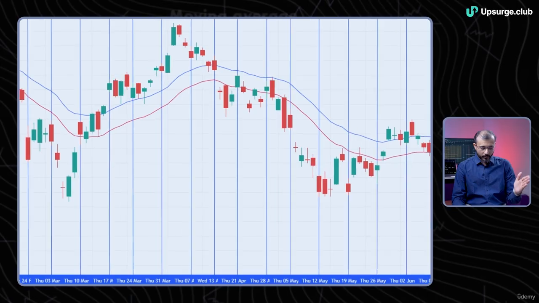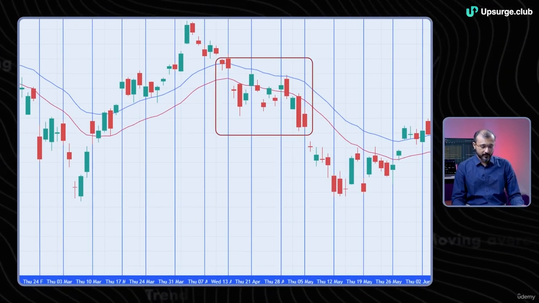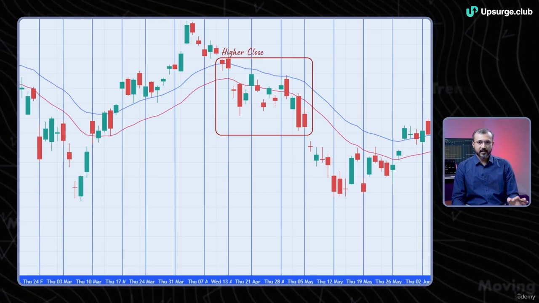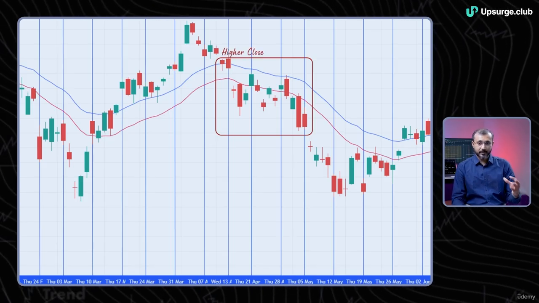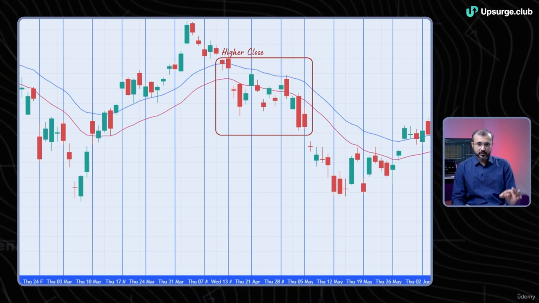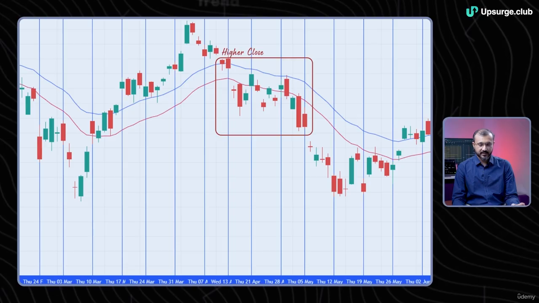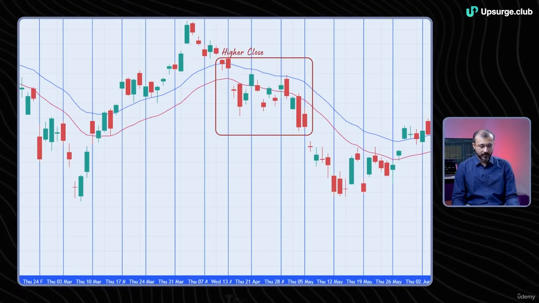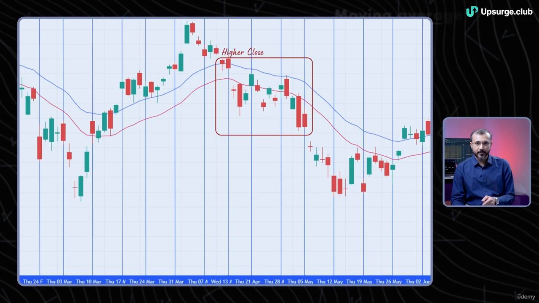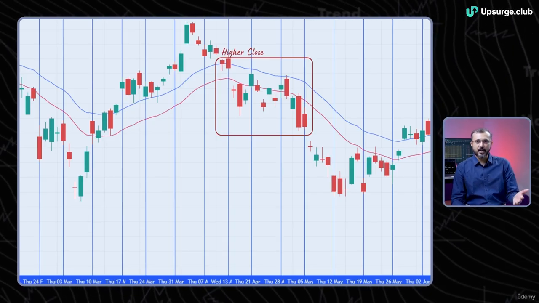Now if we come to 28th of March, now if we come to 27th of April, and if we see here, we have two higher closes. The first candle is a bearish candle, right? The next candle is also a bearish candle. So two candles, the first candle is bearish, next day markets gap down, it is bearish. The next day markets have opened gap up, which is above the previous open,